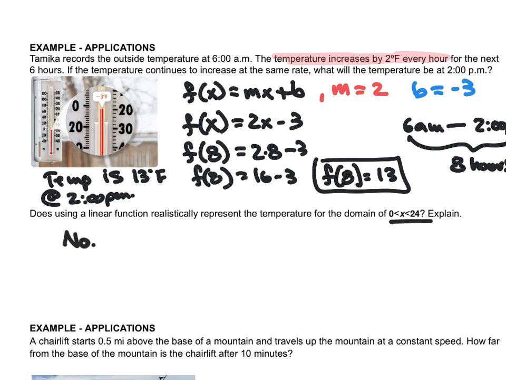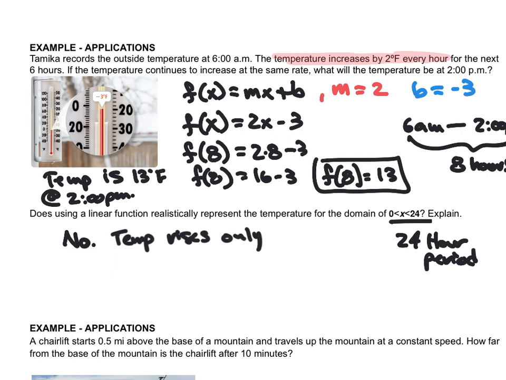Because what this is saying is that this is a 24-hour period. All right? And the one thing that we want to recognize here is that in this scenario, the temperature increases by 2 degrees Fahrenheit for every hour for the next 6 hours. That's not going to happen for 24 hours. So this might likely be like a 12-hour period. And so, to explain this, to answer this question, I'm just saying no. To explain it, I would say that the temperature